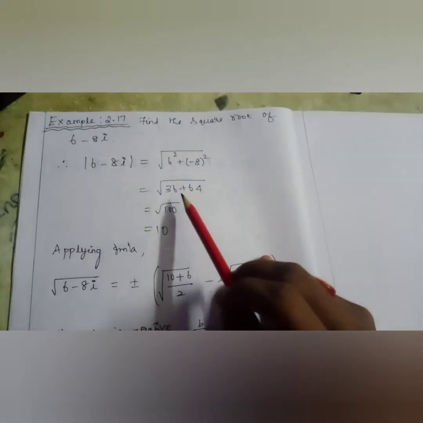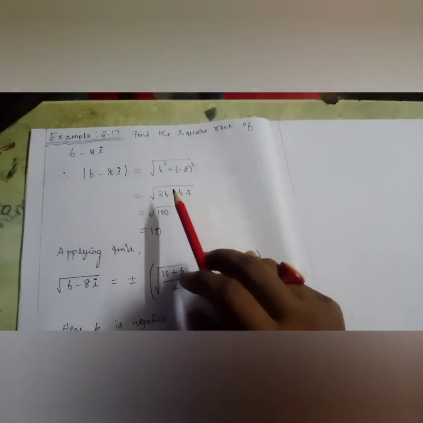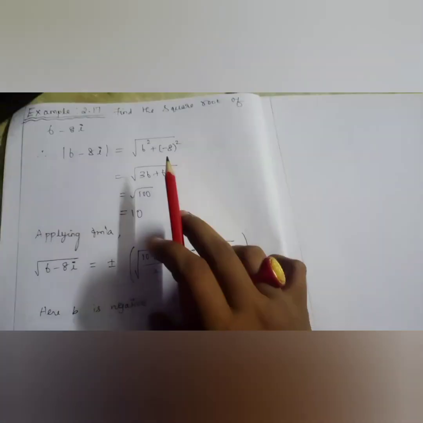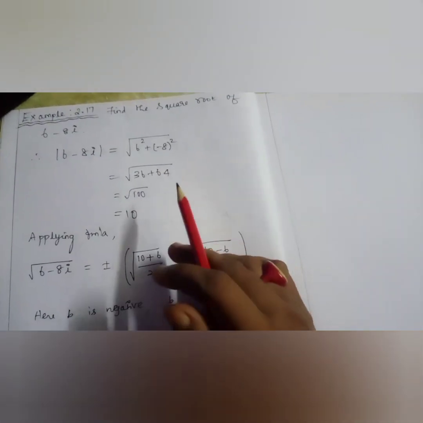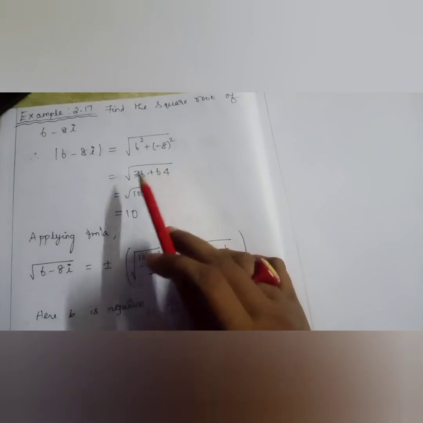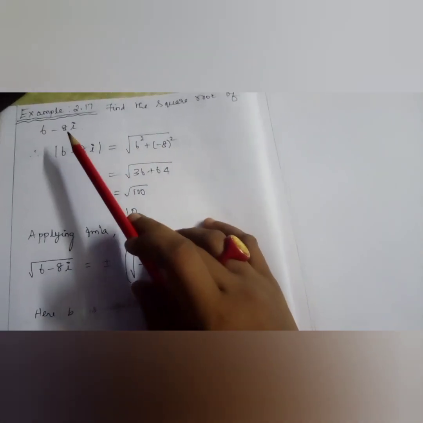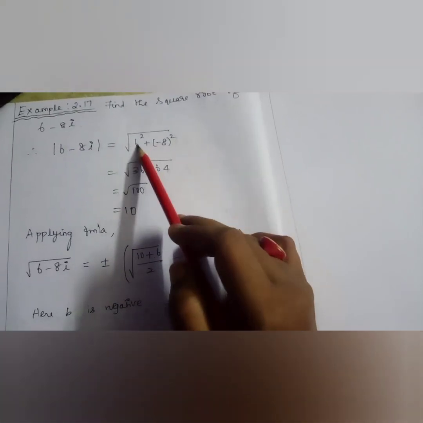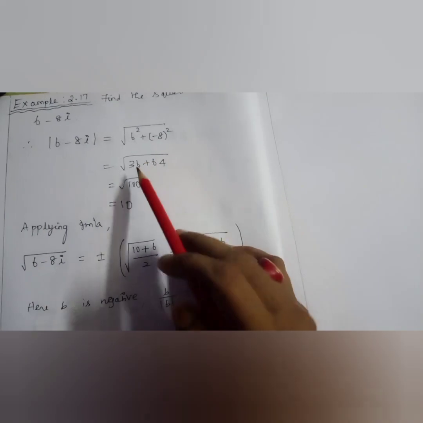So this is the last formula we saw in the last slide of today's lesson. So previously we used to find the square root using algebraic formulas. Okay, here we have the direct formula itself. First we will write the modulus value. 6 minus 8i means root of 6 square plus minus 8i the whole square, that is 36 plus 64, root of 100, that is 10.